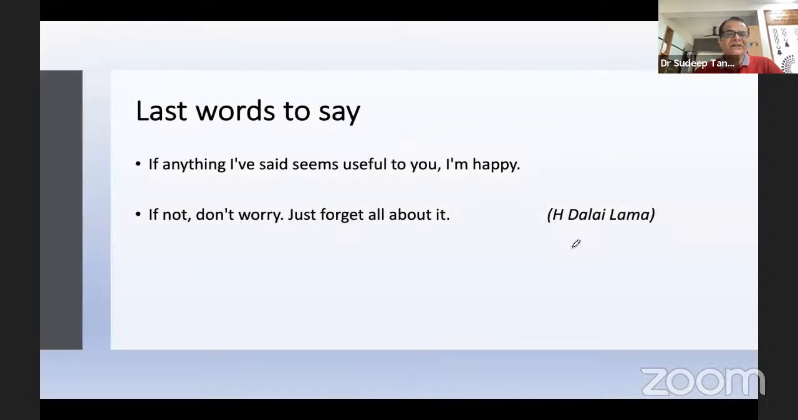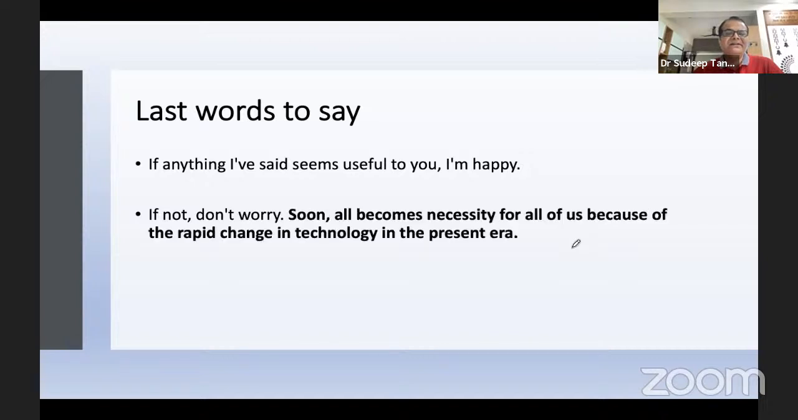So the last word to say: if anything I have said seems useful to you, I am happy. If not, don't worry, just forget all about it. This was said by the Honorable Dalai Lama, but in my context, I have changed it. If anything I have said seems useful to you, I am happy. If not, don't worry, soon all of this will become a necessity for all of us